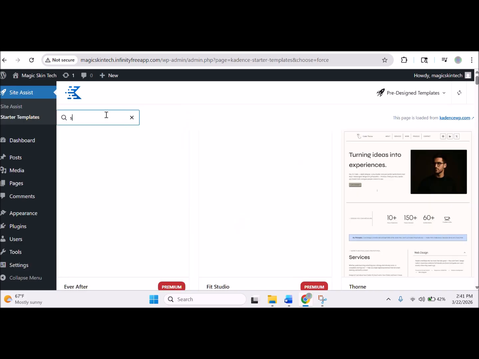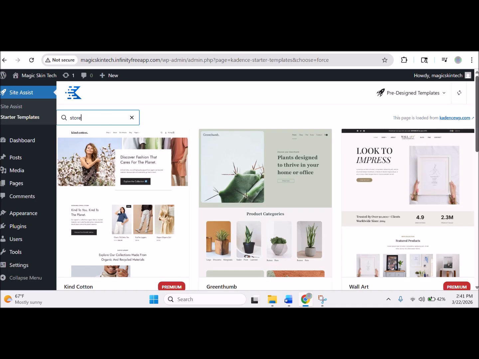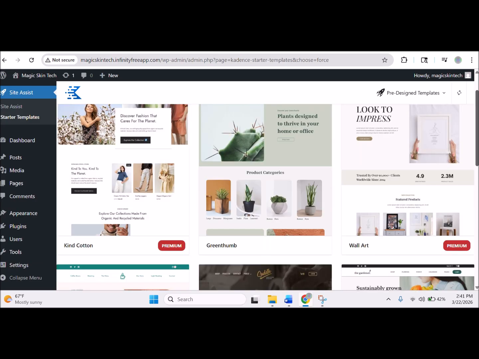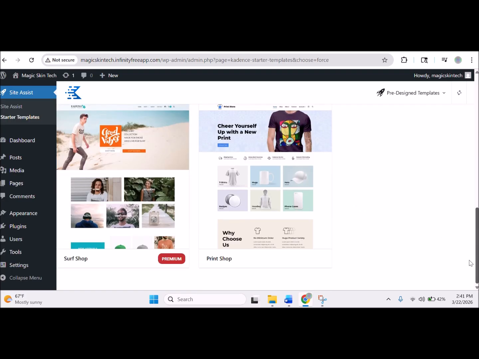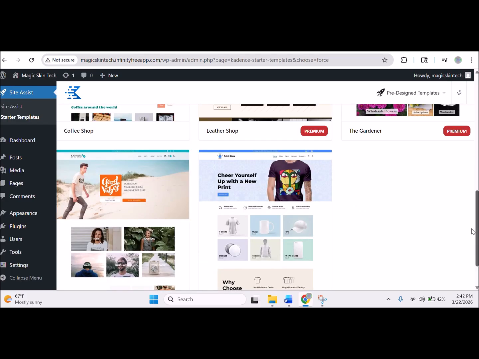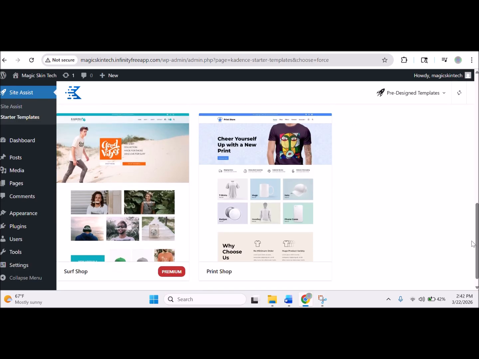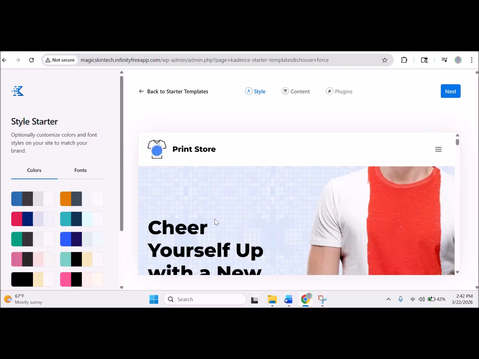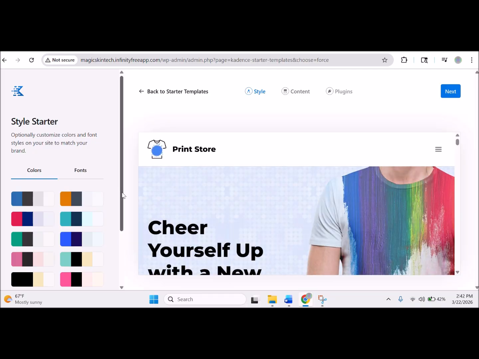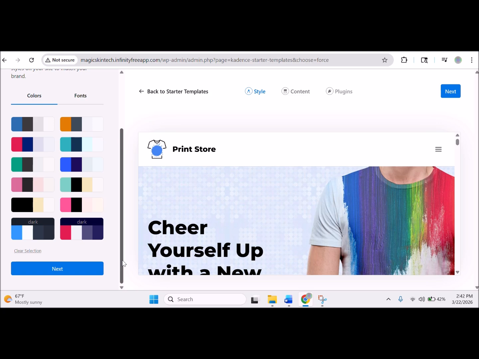But let's do it again. Alright, so print shop. I'm not making a print shop, but I kind of like the template because it's an easy looking store. You can choose your style colors